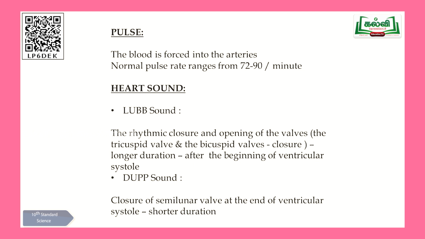Now let me teach you about heart sound. When you use a stethoscope and hear the heart, you can very easily make out the lub and dub sounds. What is the lub sound? When do you get the dub sound? I'll tell you. As you all know very well, our heart is a peculiar heart. God has created a beautiful heart, which has a special character, that's why it is called a myogenic heart. A myogenic heart is rhythmic in function. It contracts and relaxes automatically. That's called rhythmic contraction and relaxation.